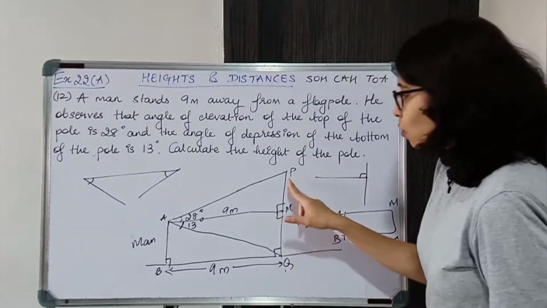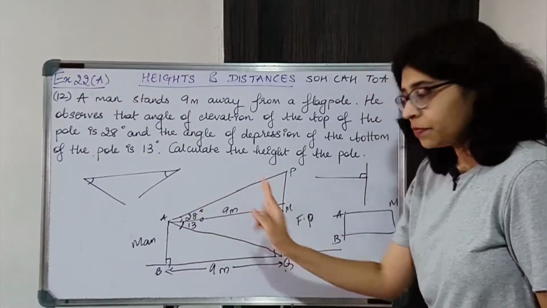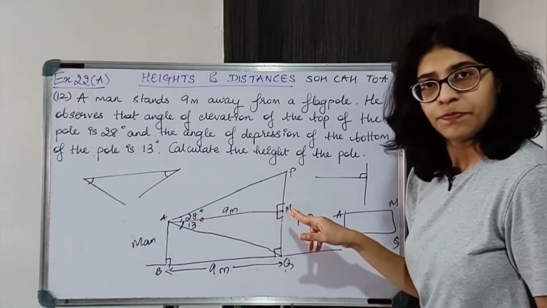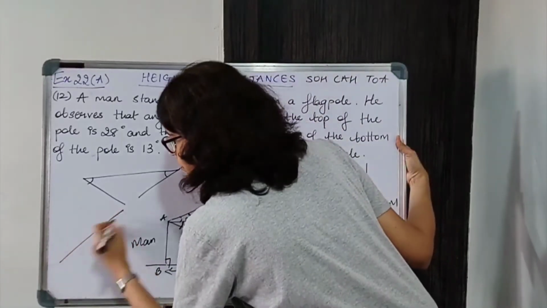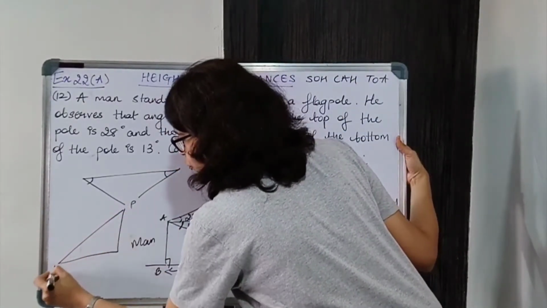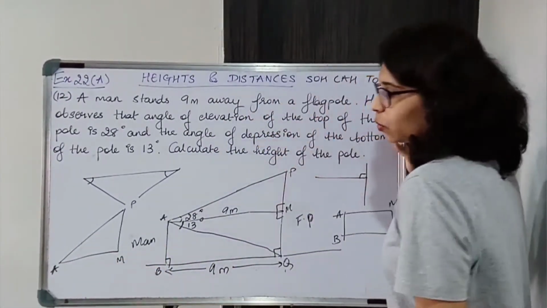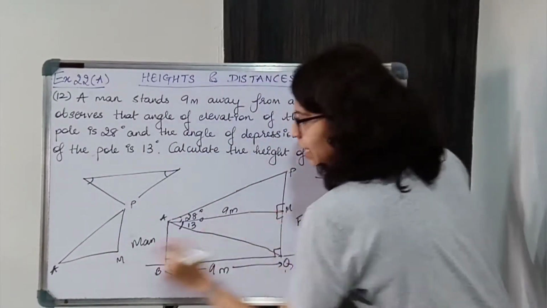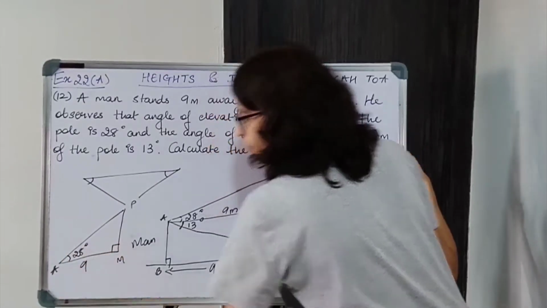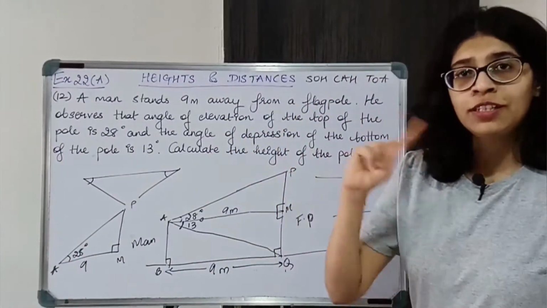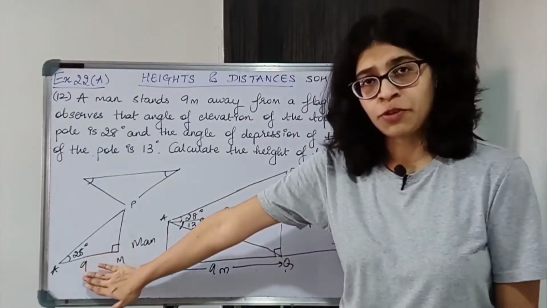Okay. So PM के लिए I'll consider this right angle triangle, triangle PAM, and MQ के लिए triangle QAM. Okay. It's very easy, trigonometric ratios ही use करना है. So by now you must be knowing trigonometric ratios use करके ही you will get the height or the distance. Now AM is 9 meters. This angle of elevation is 28 degrees. Make sure this is a right angle triangle, only then you can use trigonometric ratio. So this is a right angle triangle, triangle PAM, which I drew separately.